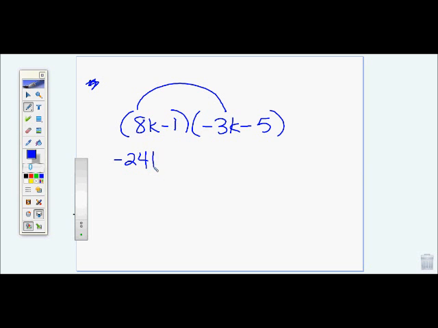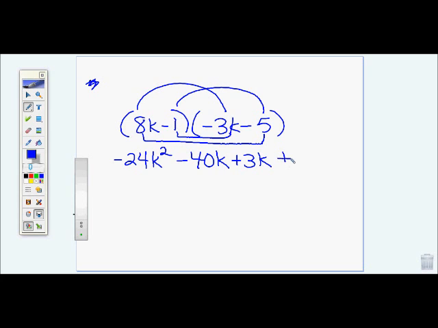24k squared, remember that's k times k. My outside terms would be my 8k and my negative 5. That would give me negative 40k. My inside terms, negative 3k times a negative 1, would give me a positive 3k. And my last terms, the last term of each expression, negative 1 times negative 5, which gives me a positive